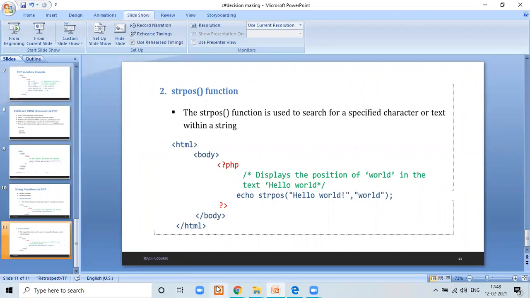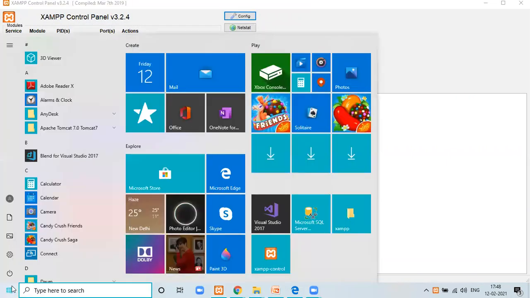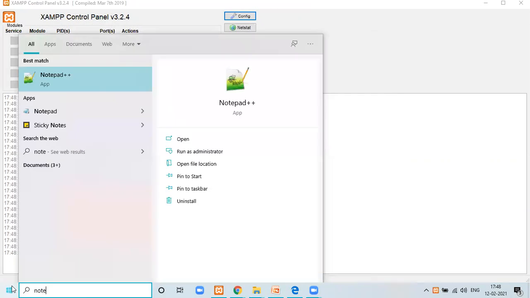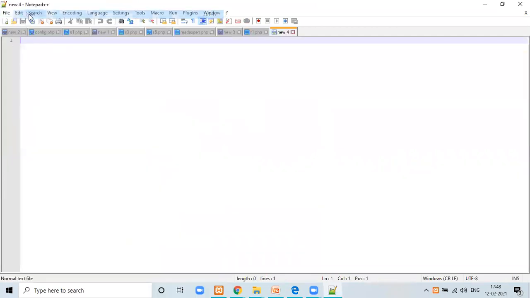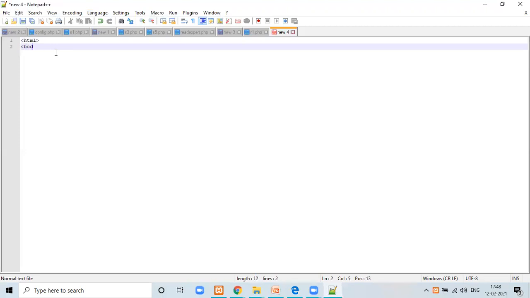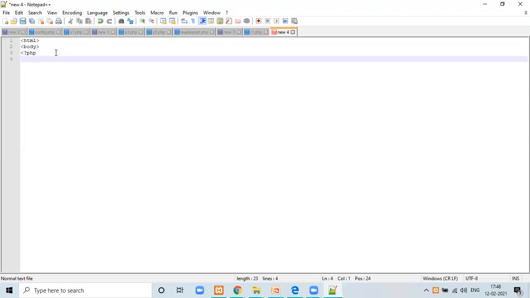To run any PHP program, we have to start our WAMP server. I have already started the WAMP server. Then open any notepad file, go to File, New. Our code will start with HTML, body, and then the PHP tag.